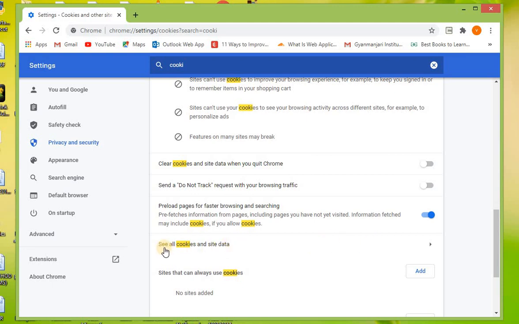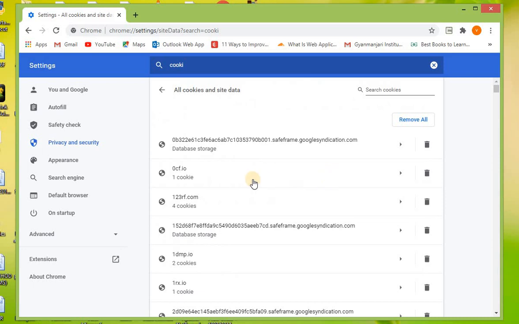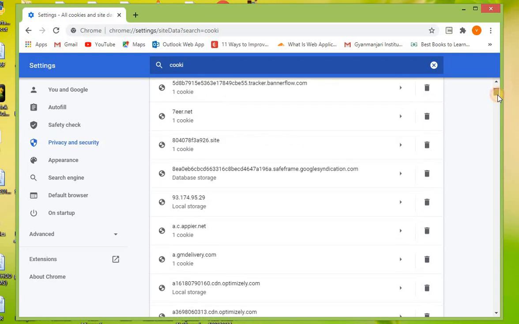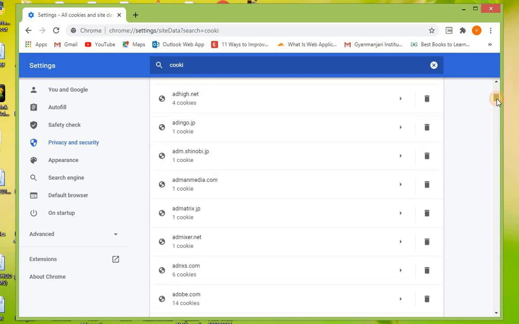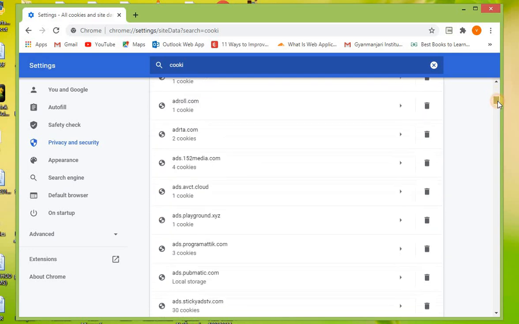Now you can see all the cookies and site data. So whenever you visit a particular site, these cookie variables are stored in your browser. For example, I have visited my sites, these are all the visited sites, and these are just cookies.